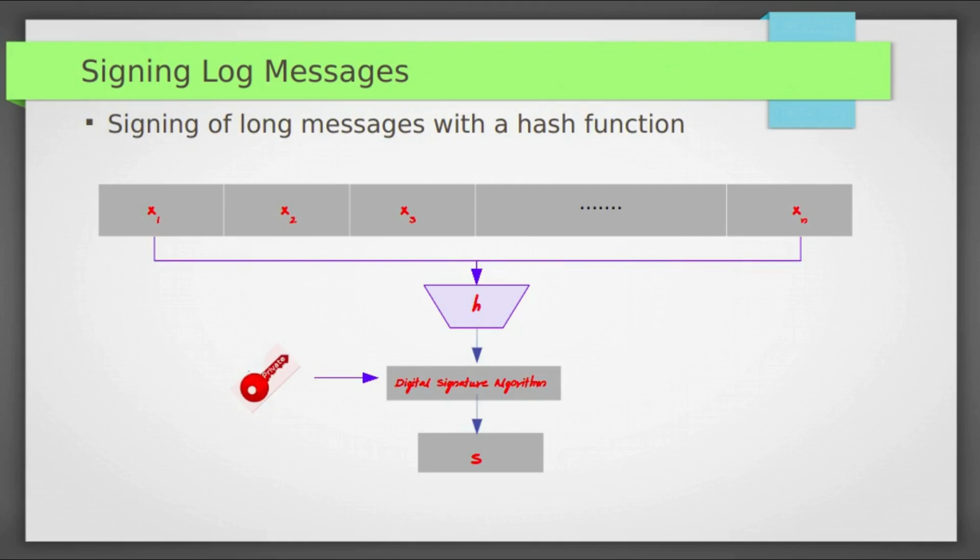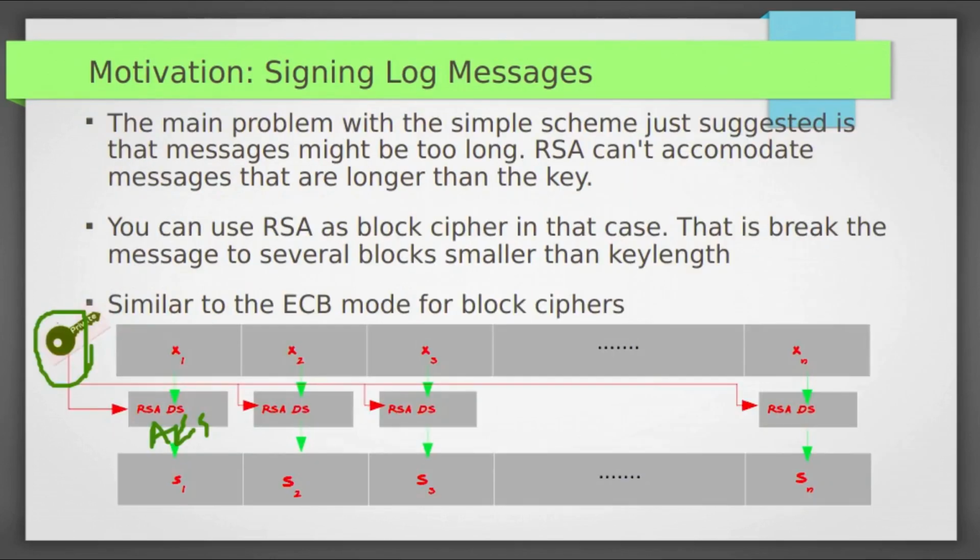In the last class, we have seen hash functions. We can create digital signatures without hash functions. It will work for short messages, but if we want to sign long messages, we need to divide that message into fixed blocks and sign each block individually, like this. We have to divide this entire message into fixed blocks and sign each block separately. If we do it like this, there are two problems.